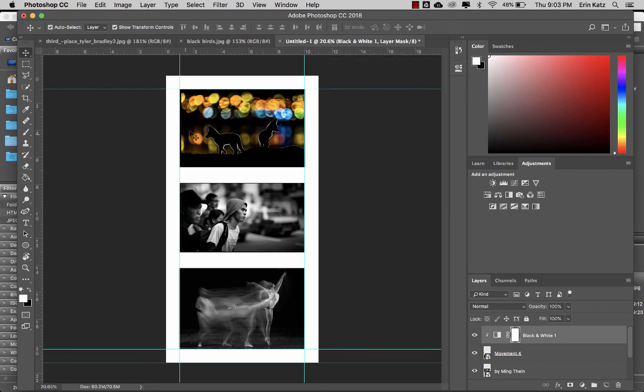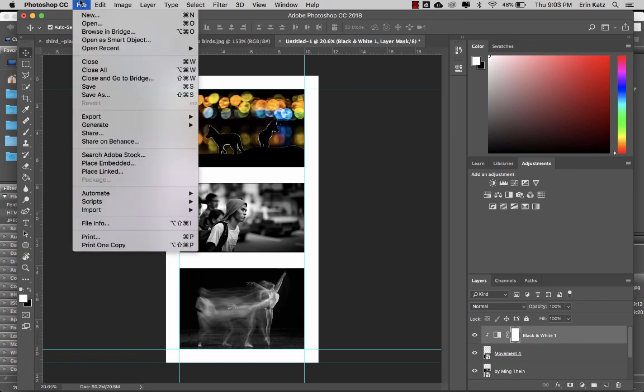And then you would do dodge, burn, adjustments. You've got all the adjustment layers that we've discussed to make it look really excellent overall. At the end of class, save it as a Photoshop file. That way you can always go back and make edits to it. When you're 100% sure you are done,